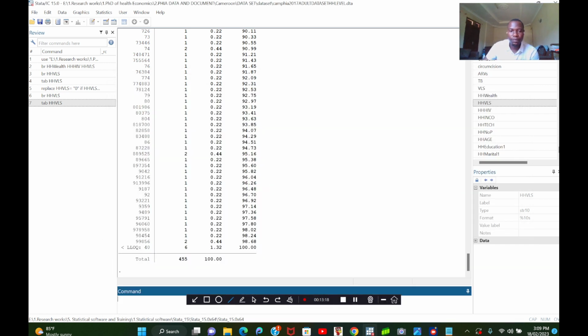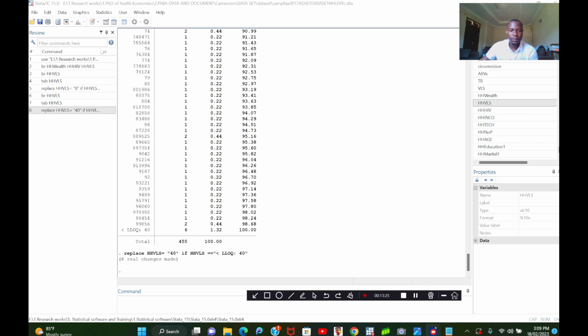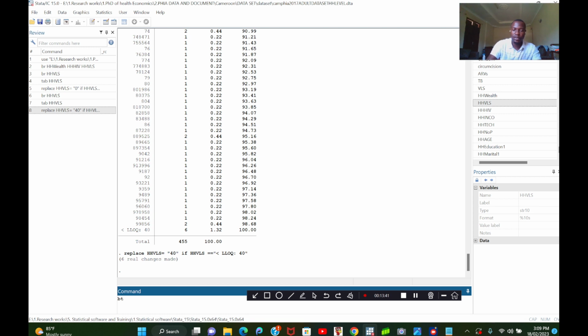We do the same. Then we run it. So we found that little 60 really change made. So once we tab again to look at our variable,